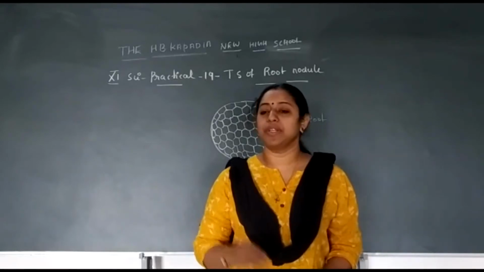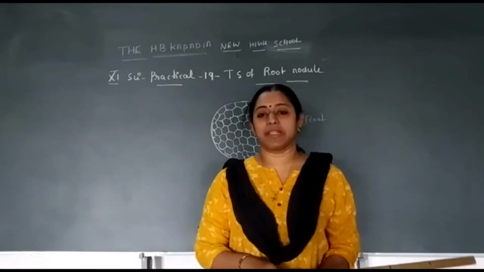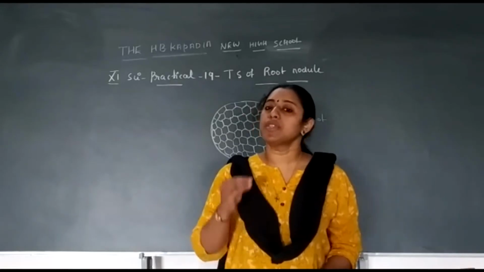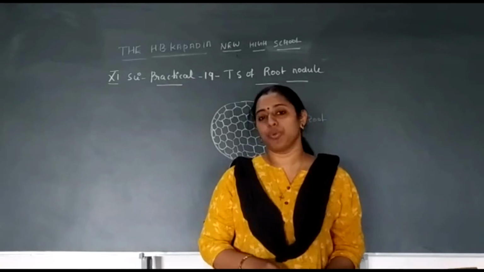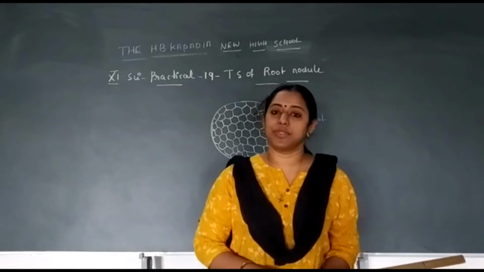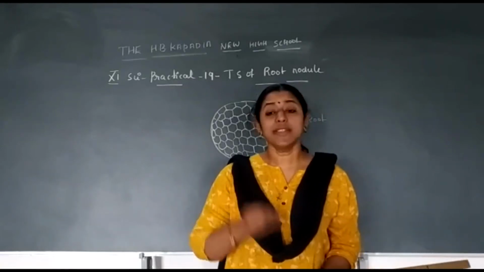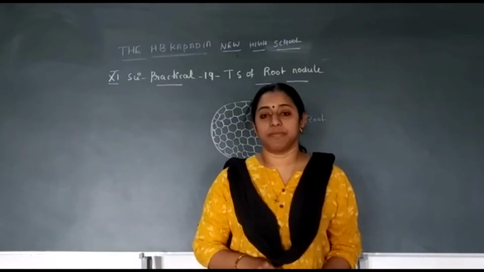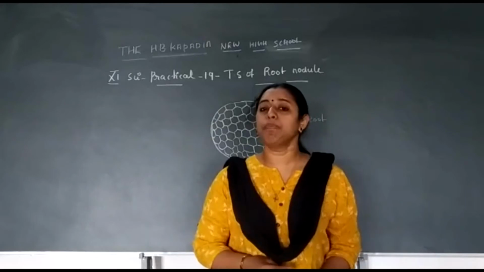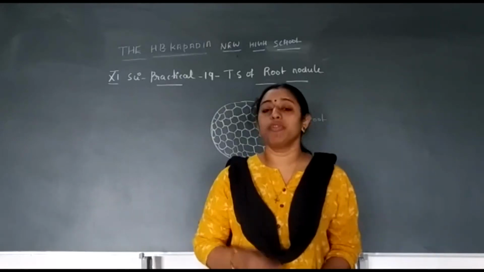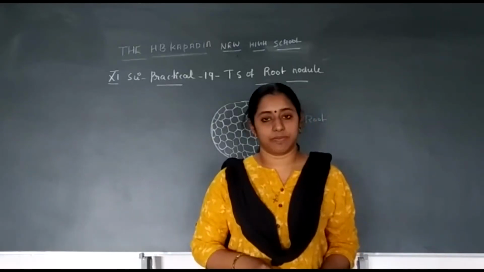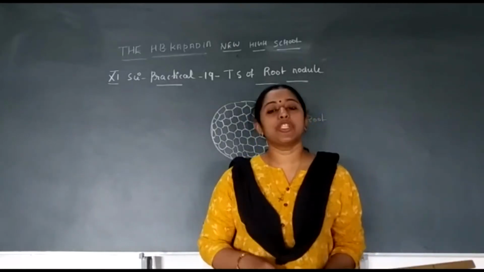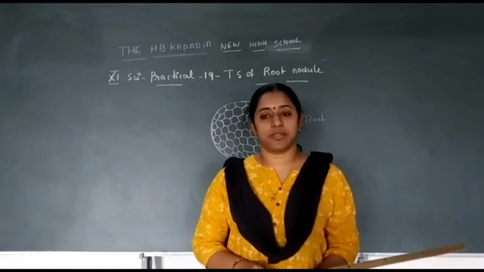This root nodule is the seat of symbiotic bacteria. Some of the bacteria that is living in close association with this legume root, that is called symbiotic association. This symbiotic bacteria will help in nitrogen fixation. As a result, the legume plants are getting more amount of nitrogenous salt. The plants are using this nitrogenous salt for the preparation of protein and other structures.